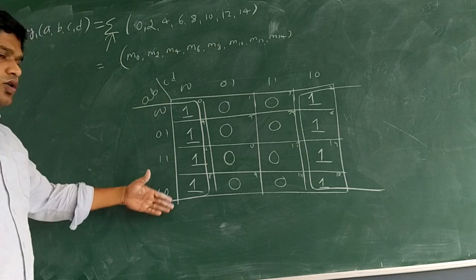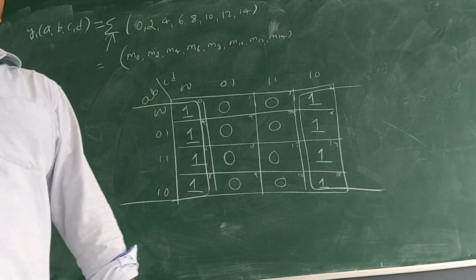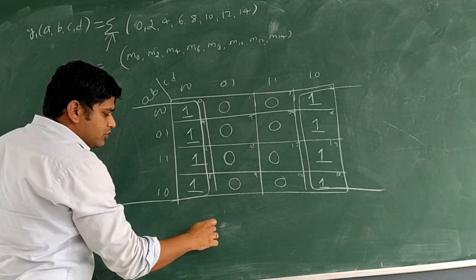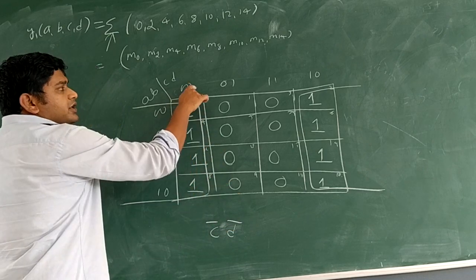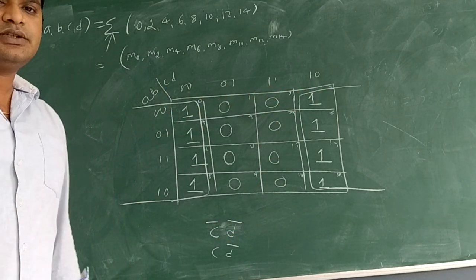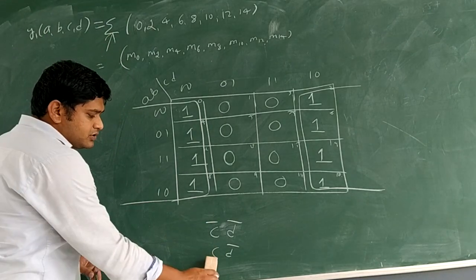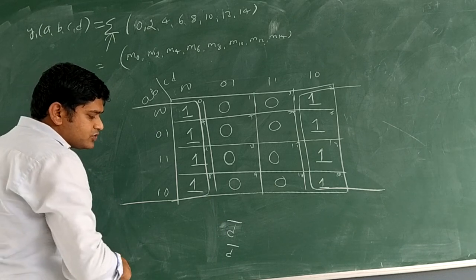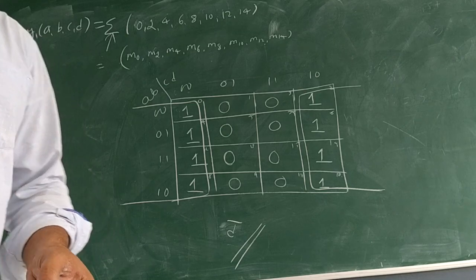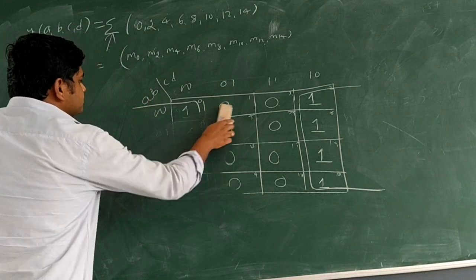So now how many rows are there? 4 rows. So all row variables cancel. How many columns are there? 2. First column and last column. What is that? C complement and D complement. This is C with D complement. Hence, what is one more simplification? This variable has changed. Hence, the solution is D complement. Okay? So fine. Next, let's take one more problem.